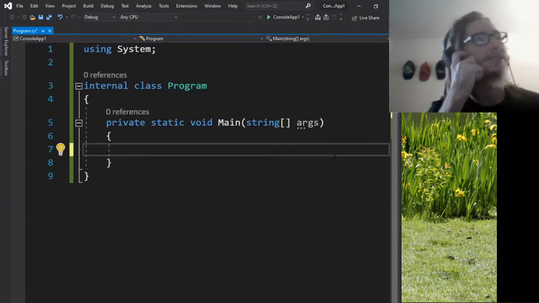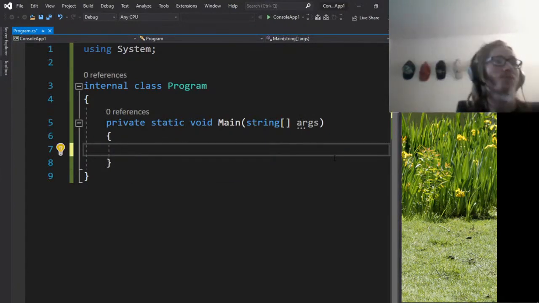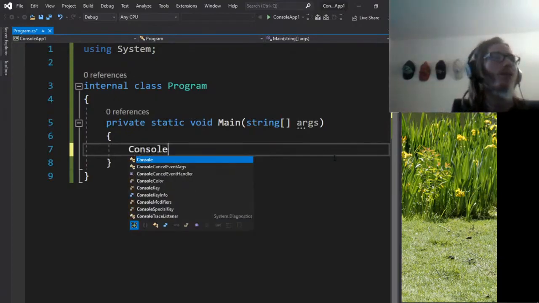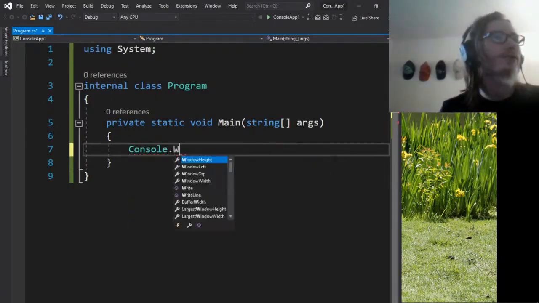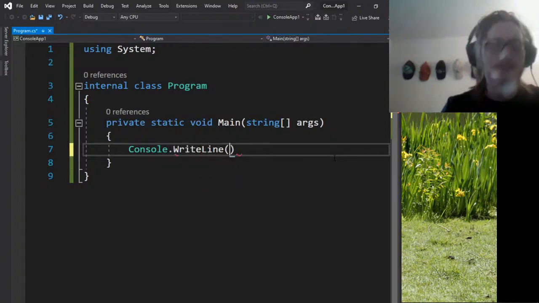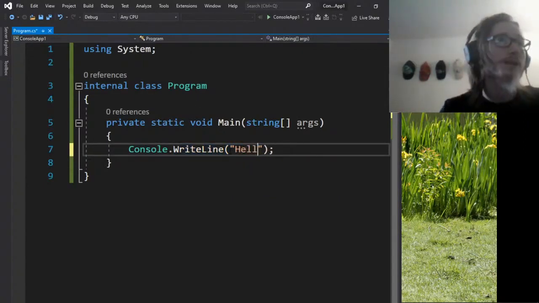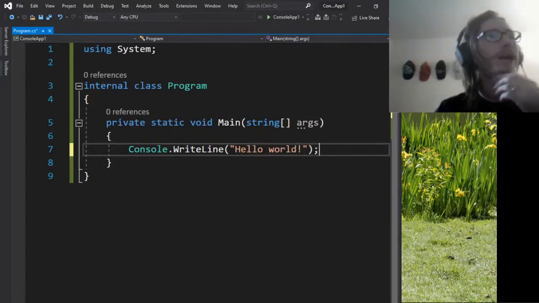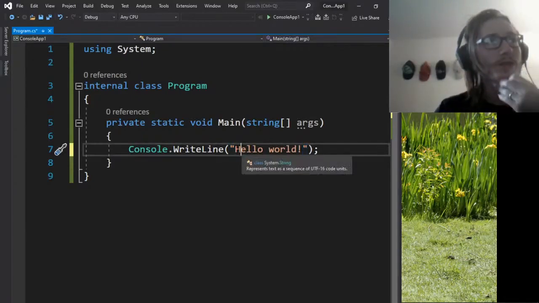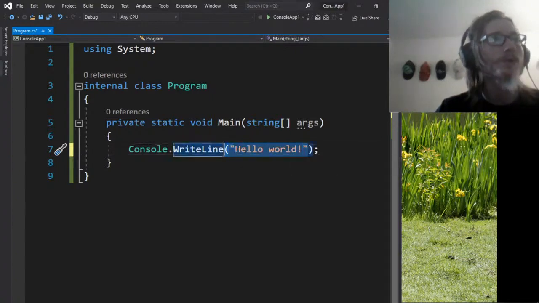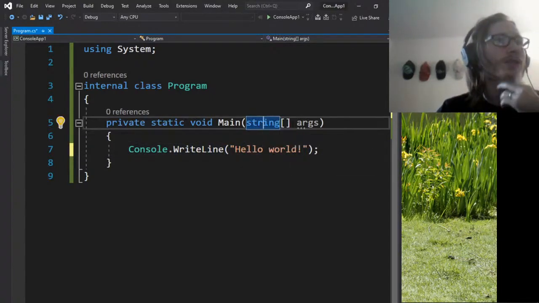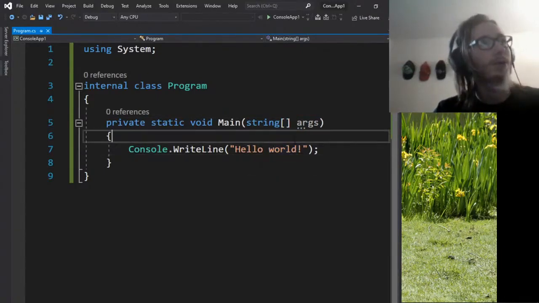To access the hello world command, or to print hello world to the console, you write console dot write line, open and close some brackets, because this is a method that we're calling, and you can just write in here in quotes hello world, and the quotes just means that you're feeding in a string, so a word of any kind, you want to surround it in quotes, and that's what this string box brackets args is, just a word. So we can now hit F5, and this program will run